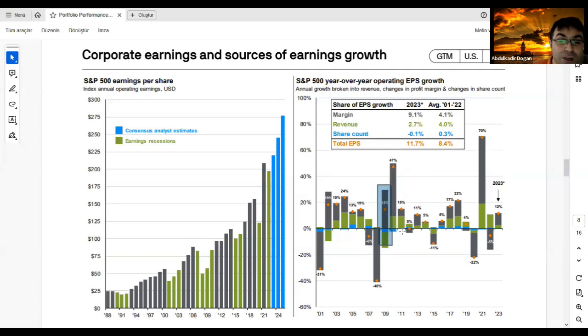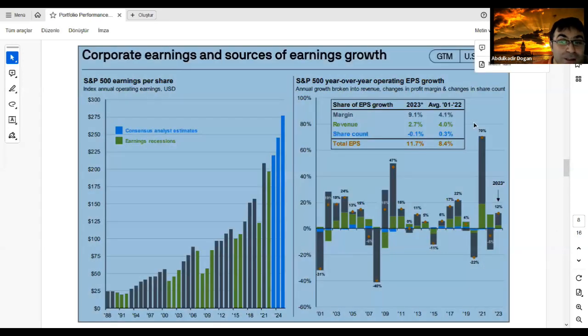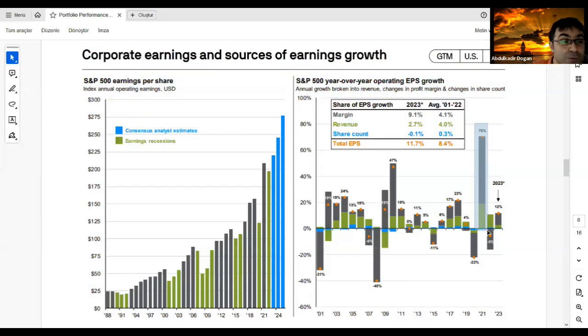Look at the COVID crisis period right now. Here we have the COVID crisis. The EPS growth contracted approximately 22%, and just 1 year later the EPS growth reached 70% in the S&P 500. Meaning that